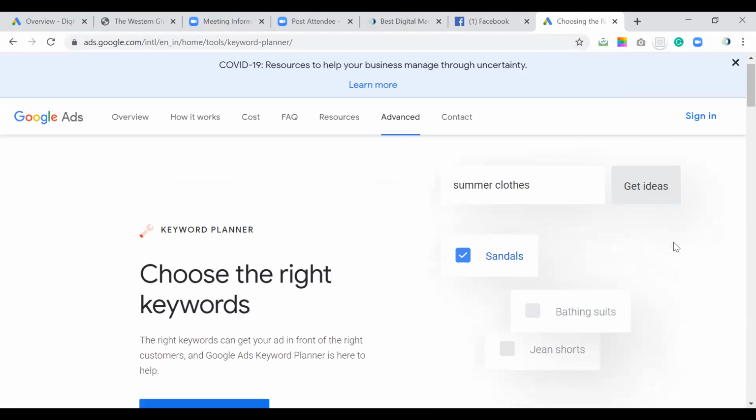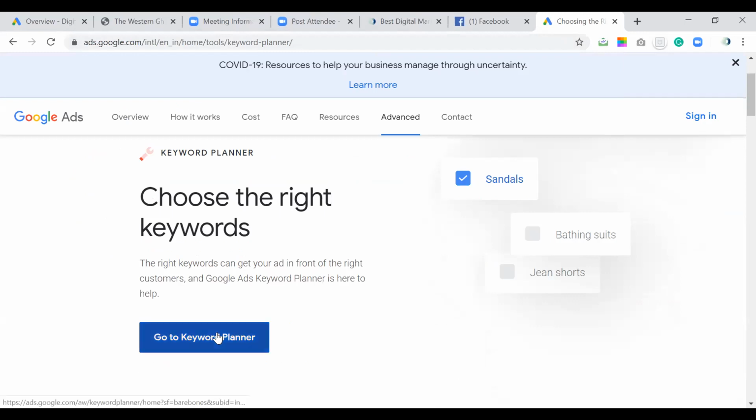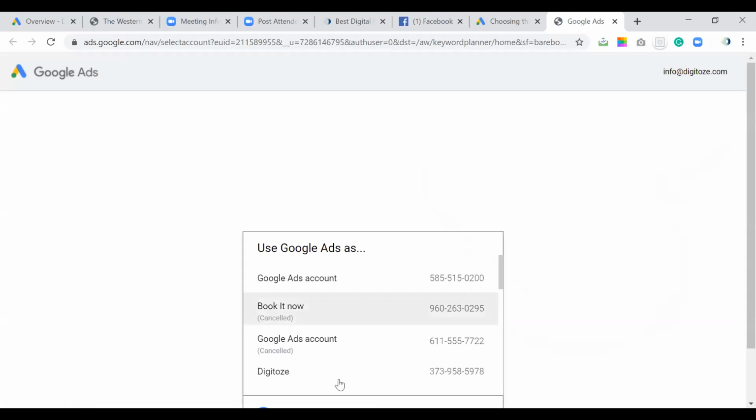Once you go over there, it will ask for sign up or sign in. So what you have to do is use your own Gmail username and password. Once you do that, it will ask for your name, your address, and then it may ask for financial details. You can put it in settings, it's postpaid or something like that. Don't worry, these are only to make sure that no one is spamming, so Google is doing that. Once you set it up, you will reach the section for keyword planning.